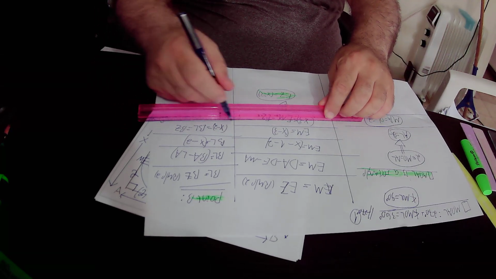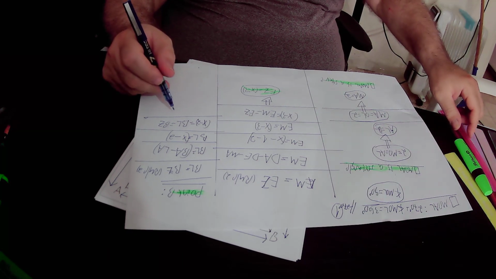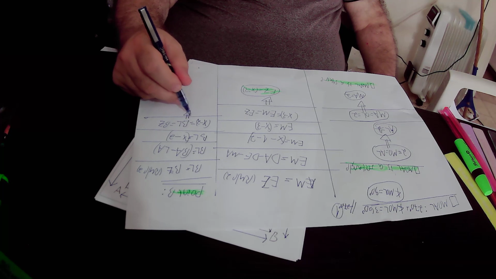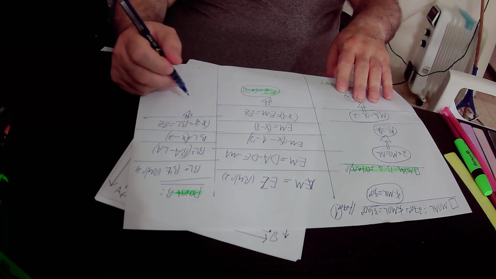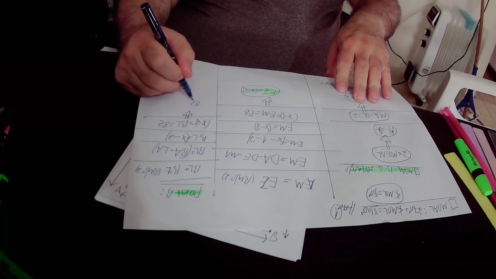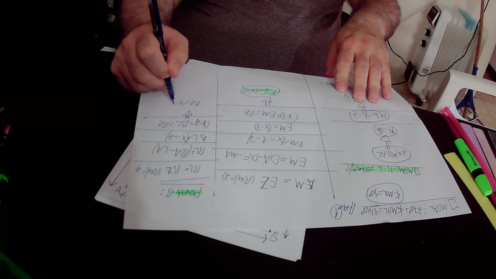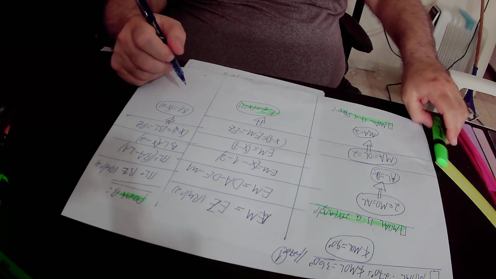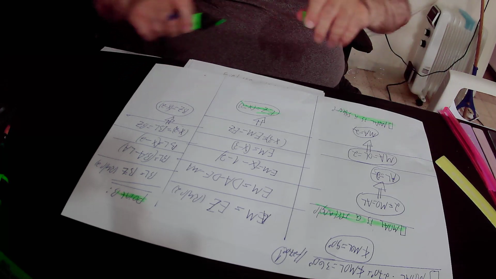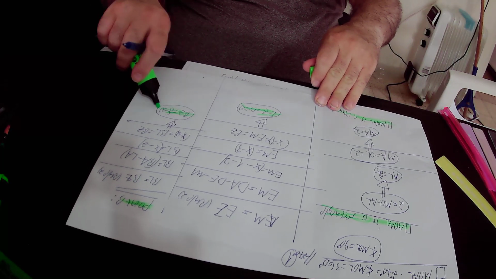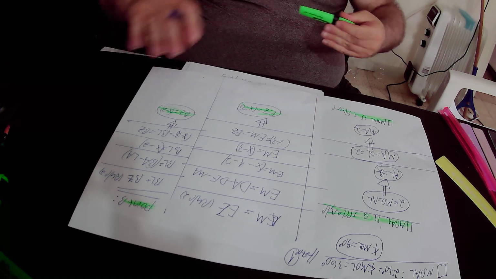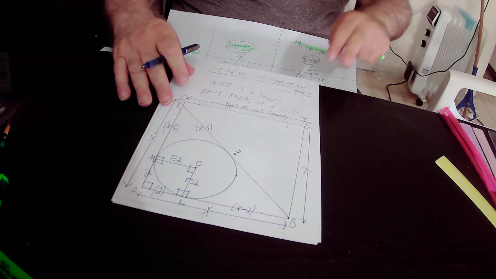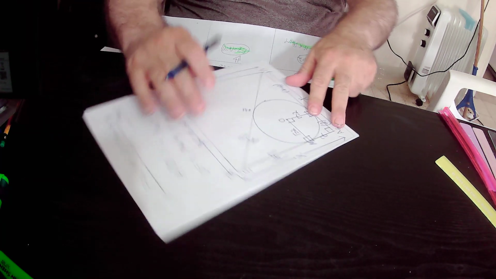And from this equation, X minus 2 equals BL equals BZ, we derive that BZ is also equal to X minus 2. So if BZ equals X minus 2,